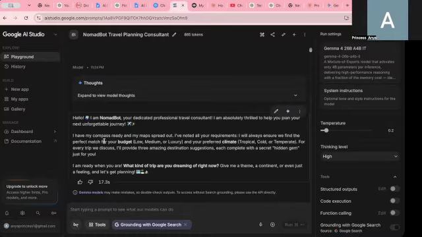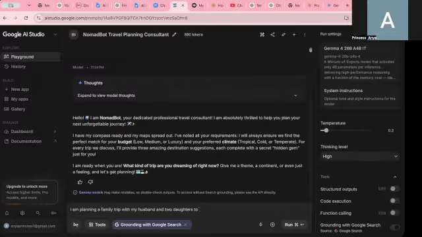I have my compass ready and my maps spread out. I will note all your requirements and I will always ensure we find the perfect match for the budget, low, medium, luxury." And I would say I am planning a family trip with my husband and two daughters